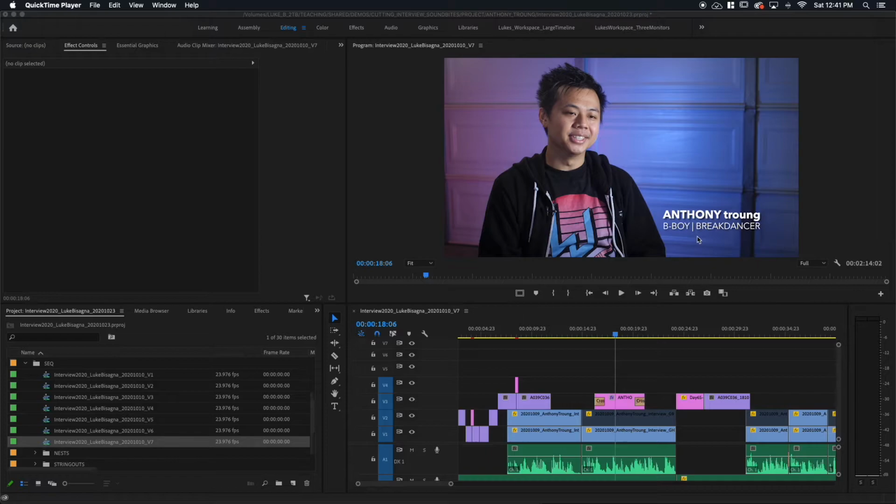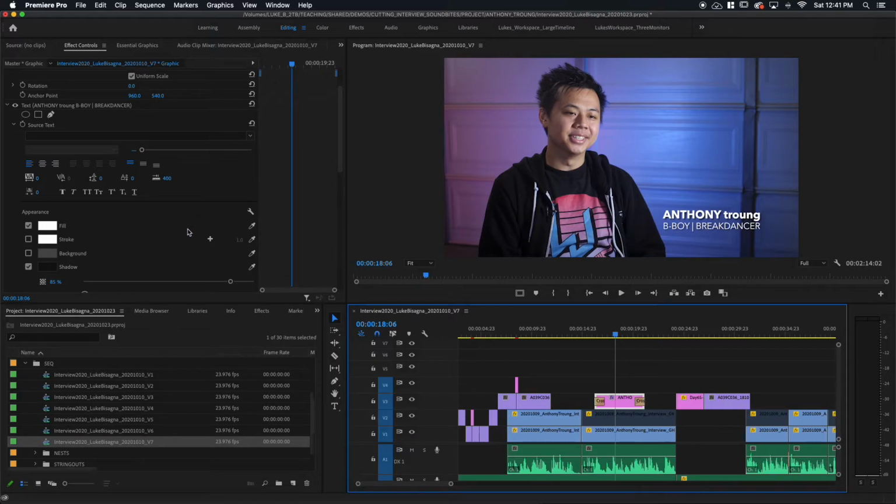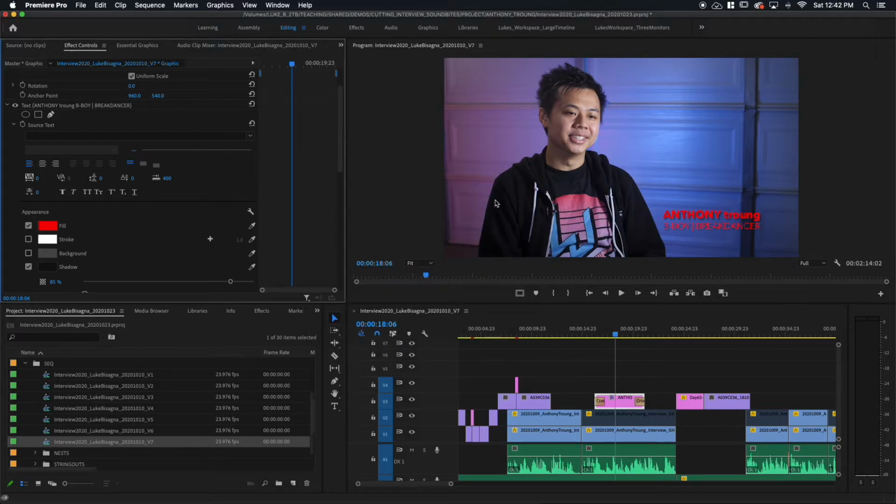And one other thing I'd like to make you guys aware of related to the text here and how it appears over the background. Let me click on the graphic itself here, go up to the effect controls, and under text you can see, in addition to all the other controls I already talked about, we've got this appearance panel here with fill, stroke, background, and shadow. Fill is actually the color of the text itself. So if I click on that, I'll get a color picker here, and I could change the color of the text to, say, red if I wanted to. Boom, there it is. We're not going to do that because it looks awful.